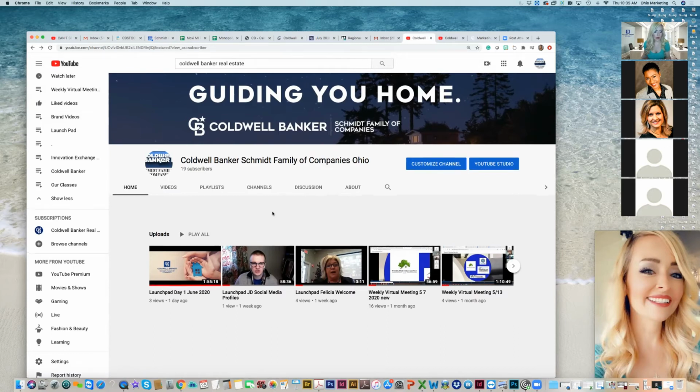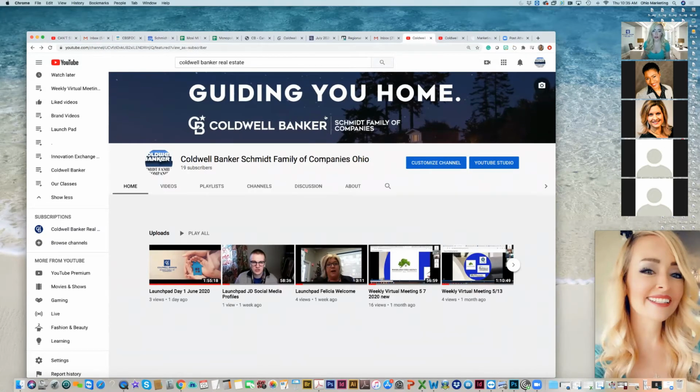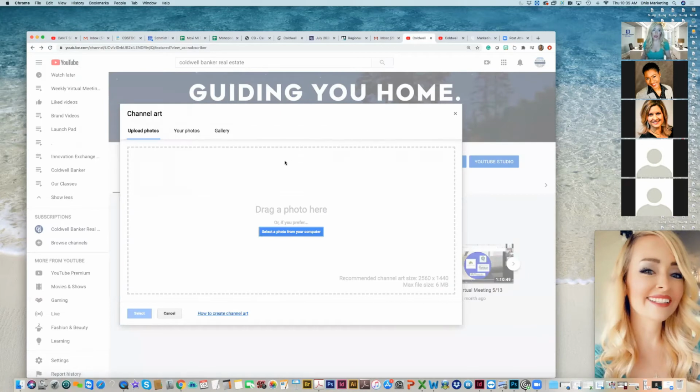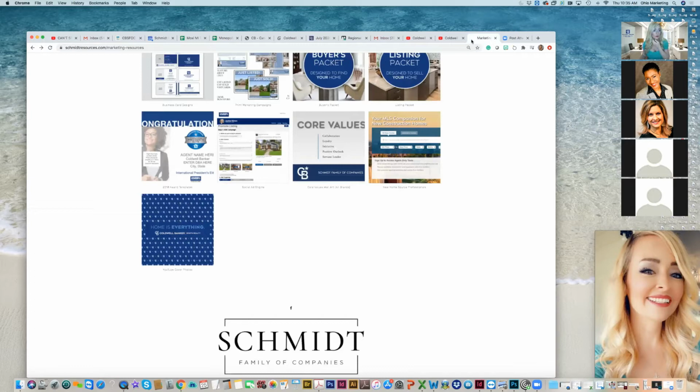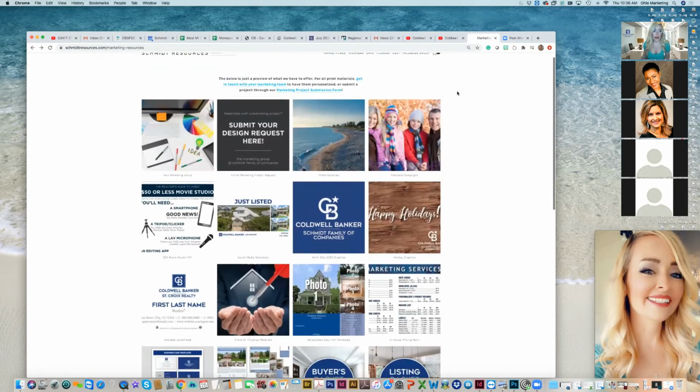Now I'm going to show you how to get this great banner changed. Again, we're going to click on the icon at the top that says photo. It's then going to ask us to upload a photo from our stock, so basically whatever's saved to your computer. Now here is where I'm going to have you go to access the first photo. I'm also going to encourage you to be creative beyond this. If you want to build your channel in more depth, reach out to the marketing team and get a couple more.